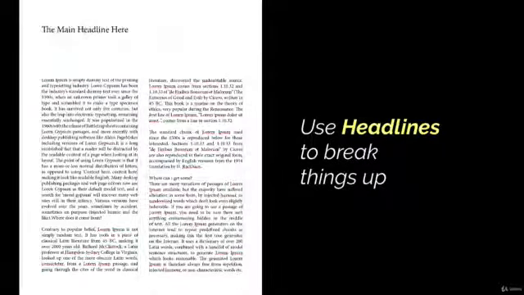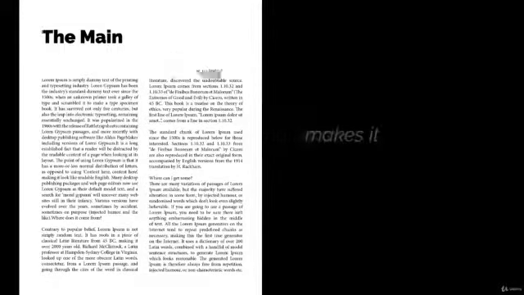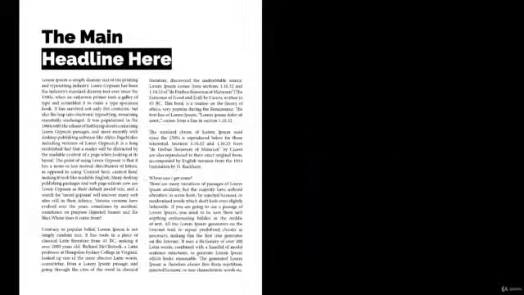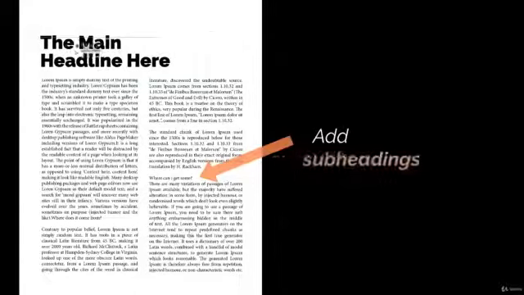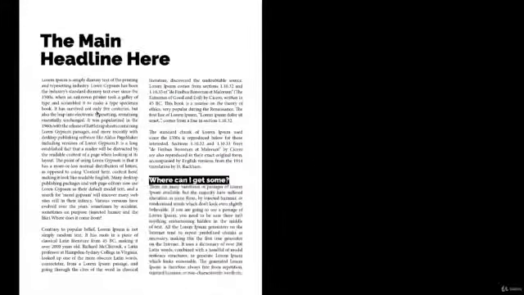Using headlines to break your big block of text up is a no-brainer. Balancing this block of text with larger text blocks not only adds to the variety of elements, but makes it visually interesting and more likely to be read. But more important is adding sublines or bylines to add additional divisions to the text blocks. This helps the brain break down the text box into much more manageable blocks of information, and therefore they're not